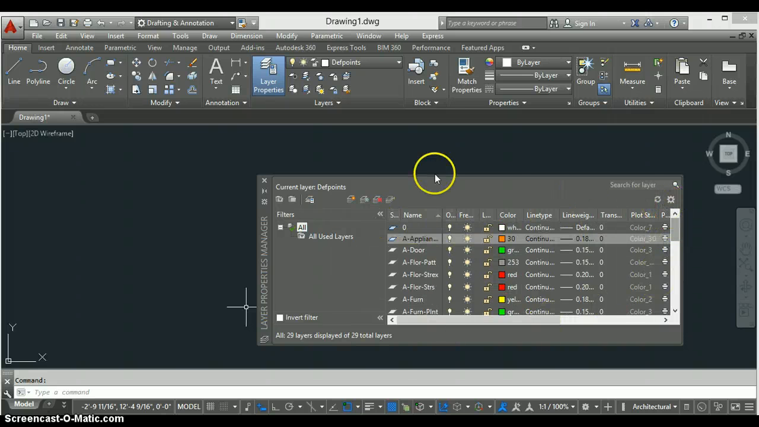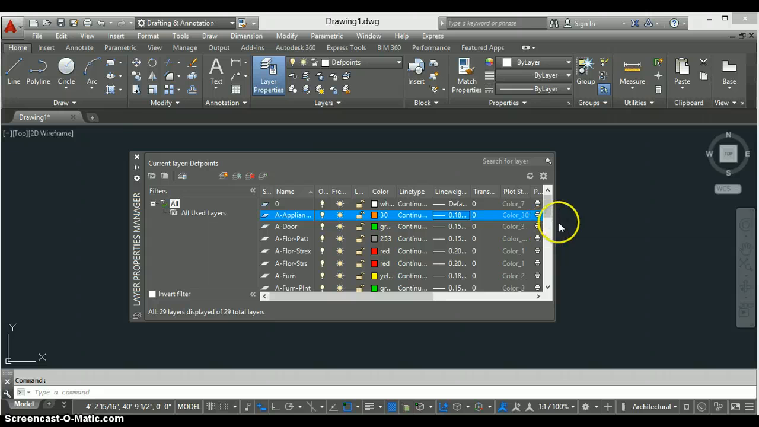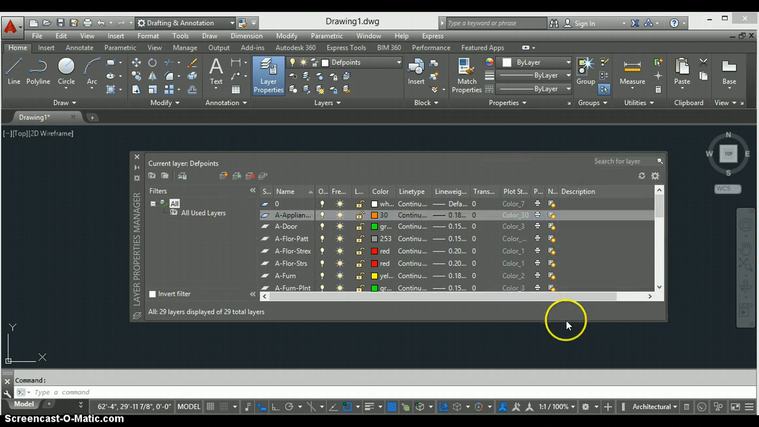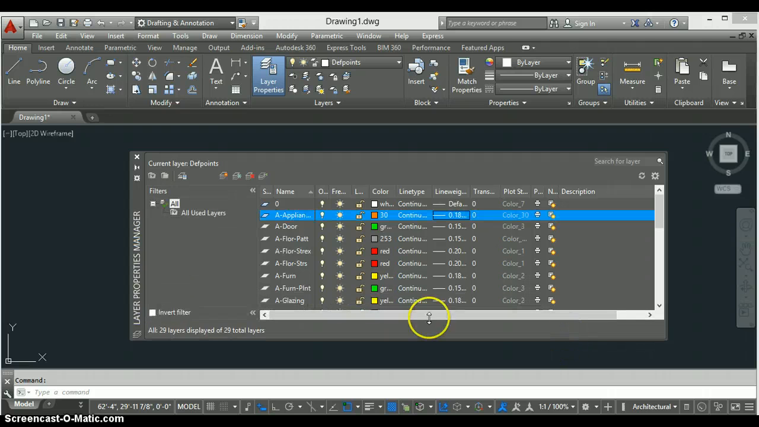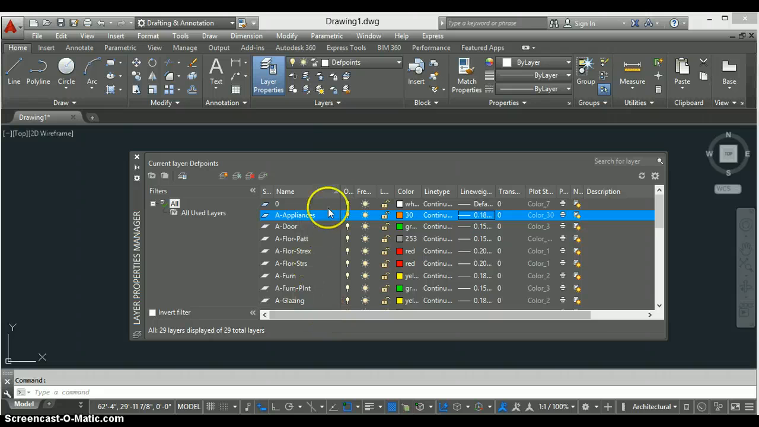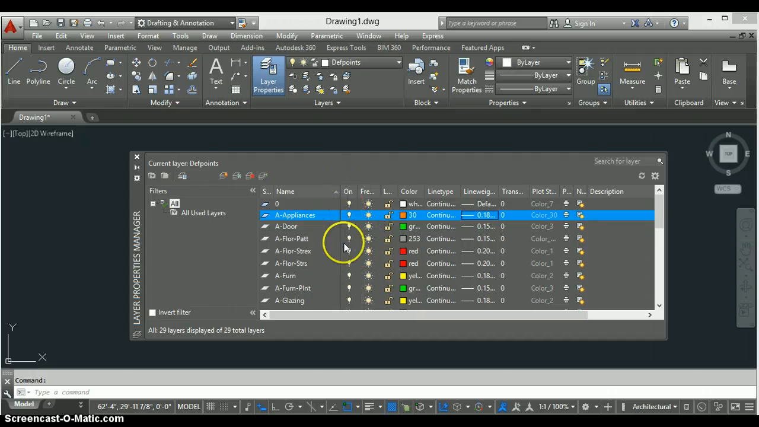So we're finished with this. We'll just click this off. Well, before I do that, I wanted to show you a few things about the layers Property Manager. It has every layer listed, and we can do several things to layers. We can turn a layer off and on, so click